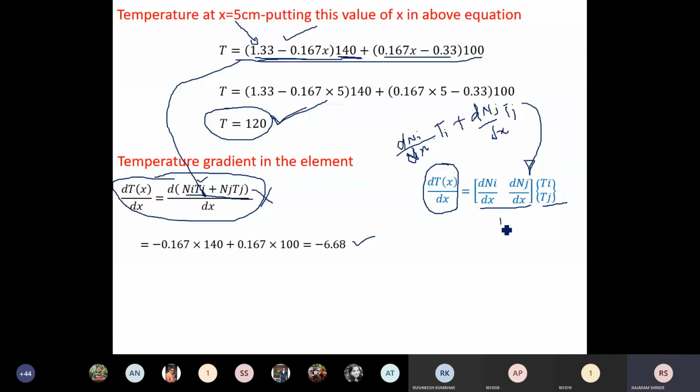Now this matrix, the name of this matrix in finite element method is B. This matrix is known as B, and the B matrix is the matrix calculated from the proper differentiation of the shape functions. Okay, this is the B matrix, and it is calculated from the proper differentiation of the shape functions. Okay, so here it is different for different elements. It is different for different disciplines. Okay, do you agree with this? And this B matrix we need for formulation of the finite element equations.